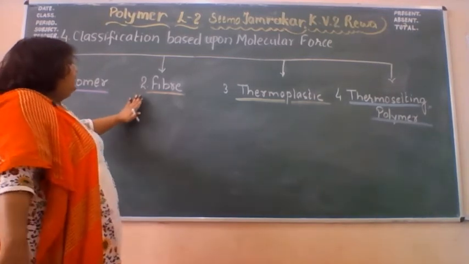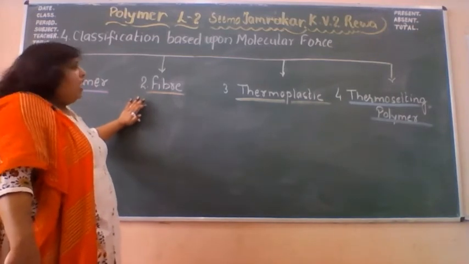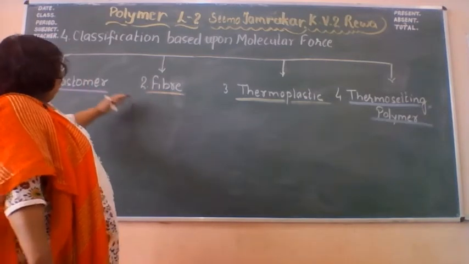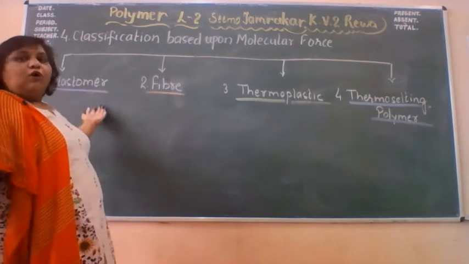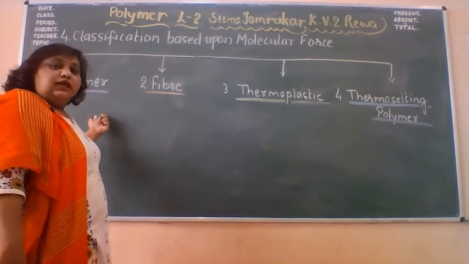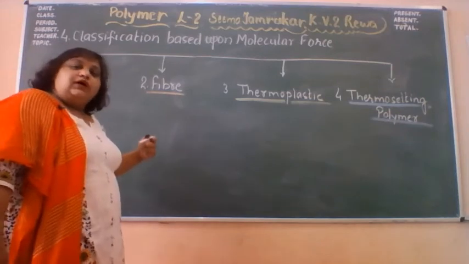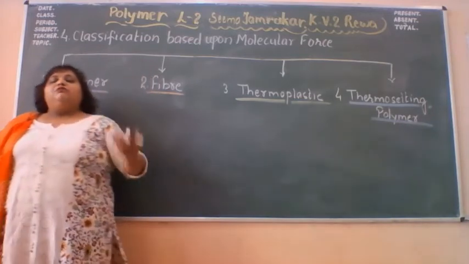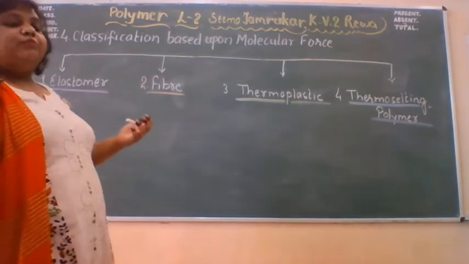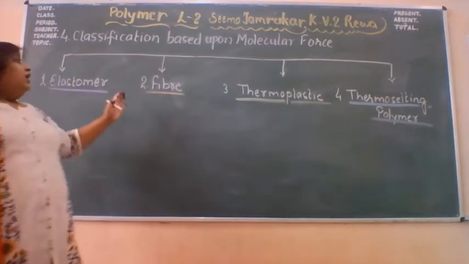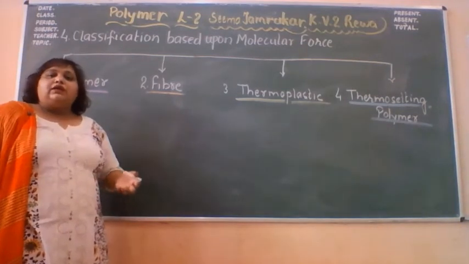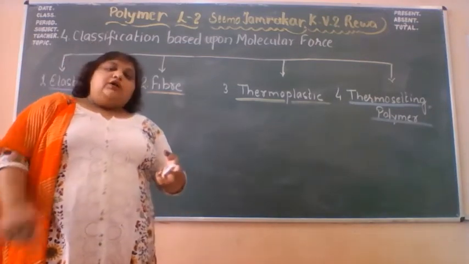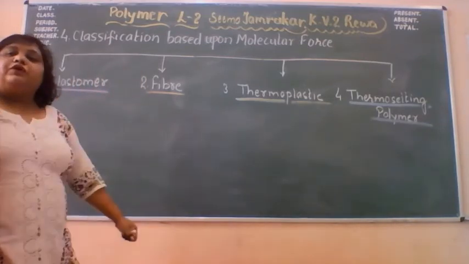Now, the second important one is the fibers. I think you all have seen the threads, nylons. Here the elastomers, all the natural rubber, Buna S, synthetic rubbers, they are all examples of the elastomers. Fibers are thin thread-like structures. I think everybody has seen threads and you can compare it with that. Nylon rope, I think you all have seen nylon ropes. One strand of the nylon thread is a perfect example of the fibers.